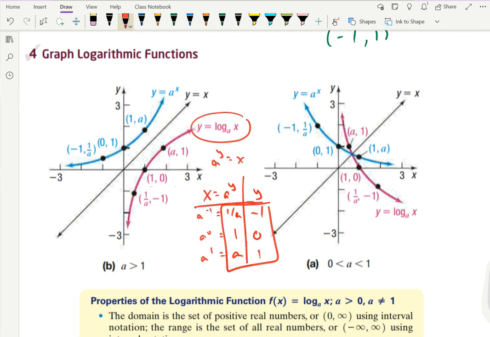If we go ahead and reverse this a little bit, so if a is less than 1, then we just reverse these a smidgen here. They're going to end up getting flipped, same way with our exponential function. This first side was when a is bigger than 1, so we had exponential growth. Our exponential growth function goes up here, and then our